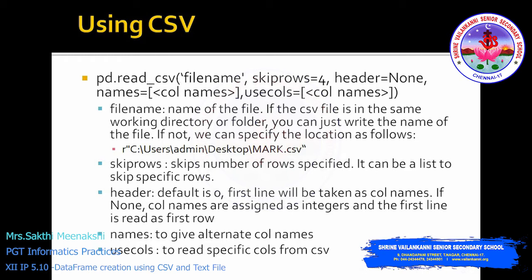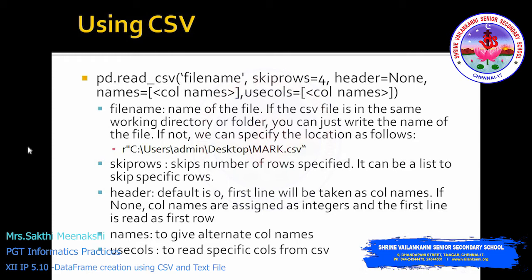If you are not storing your file in the directory where the Python program is stored, then you have to give the entire path name. This is called an absolute path. The full path name you have to give, and before that you have to use a character called r. This says the complete string is read as a raw string, because we have the backslash character. Backslash t, backslash u, all those special characters are there in Python. Backslash t represents a tab space.